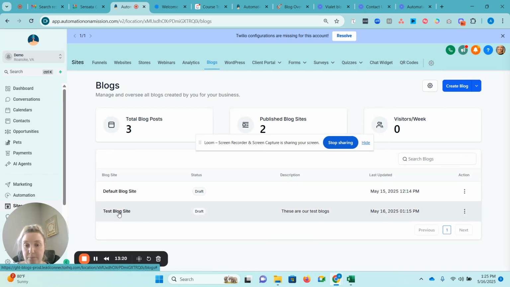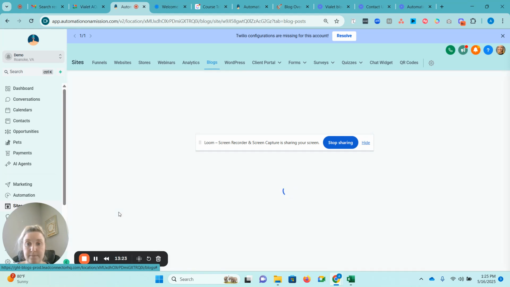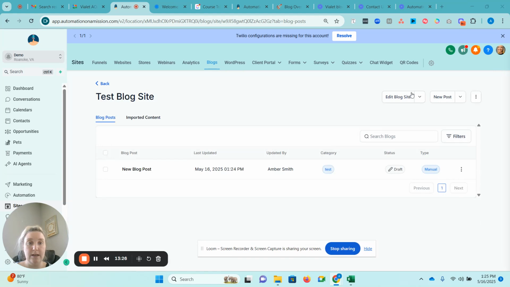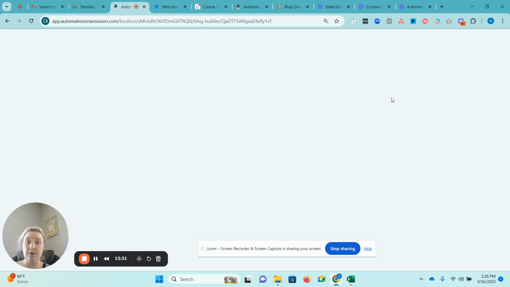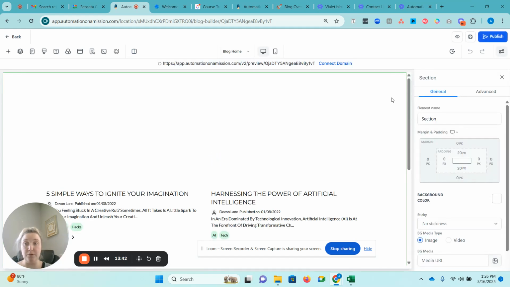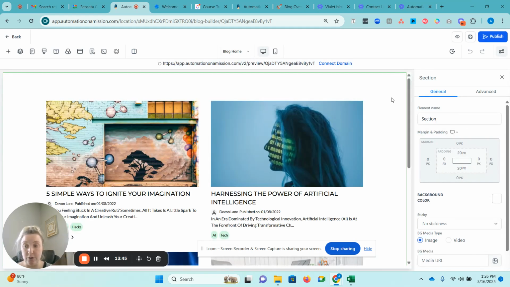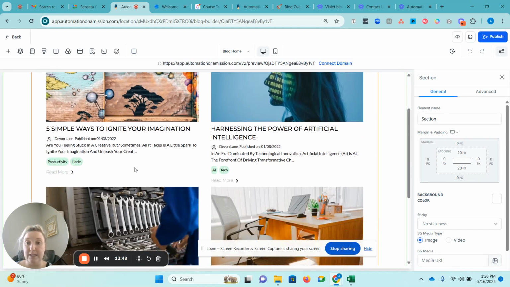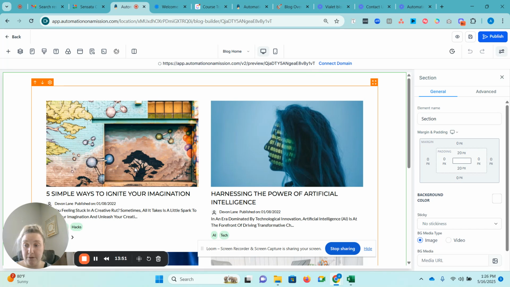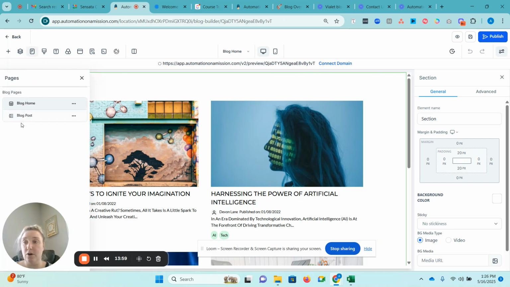And when you go into a blog site and you hit edit blog site, this is going to take you into what I was talking about before, which is basically creating a separate website for your blog that would be able to live anywhere on its own with its own domain and coexist outside of your website if you wanted it. And this is a web page builder just for the blog home, and there's a blog home and a blog post,